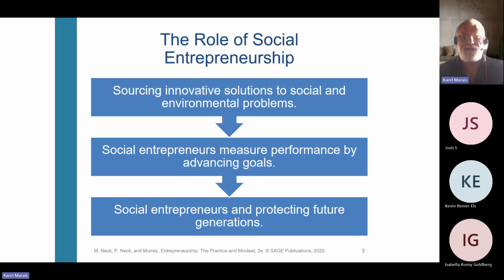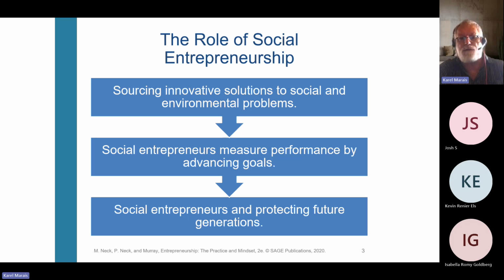Organizations that are involved in social entrepreneurship are typically non-profits and so on, but we'll talk about that just now. They measure their performance against the advancement of those goals, while traditional ventures that are created by entrepreneurs typically measure themselves against how much profit the venture is making, how much market share it is taking, how quickly it is growing, and these types of things.